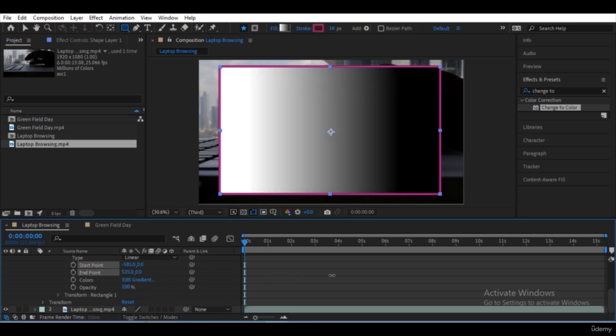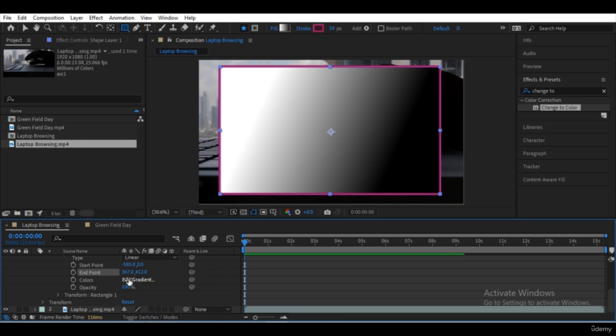And the end point also we can adjust the y-axis, so you can rotate the gradient not to be 90 degrees to the x-axis. We can rotate it slightly slanted to the right, or in the clockwise direction.